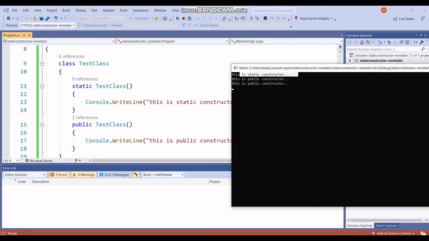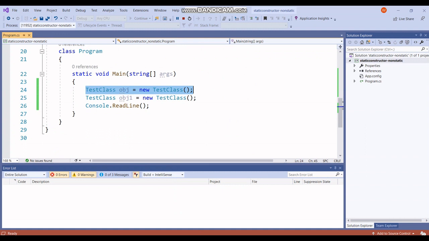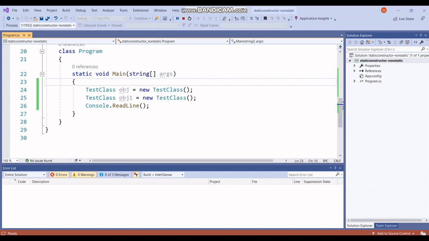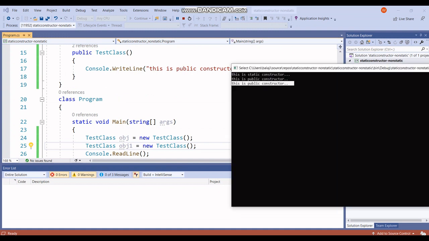Okay, so again static constructor, and then the non-static constructor, because we have created an instance, and again we have created one more instance, and hence it is showing one more print statement, because it is invoking this constructor two times.